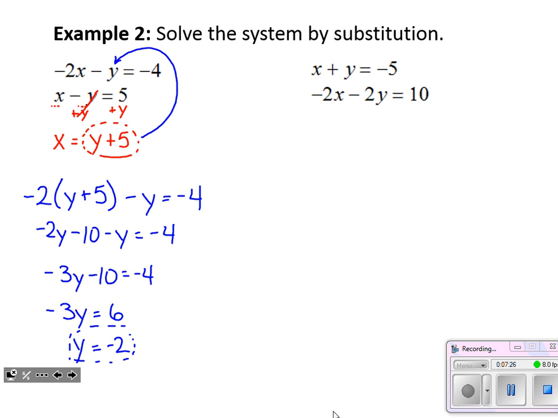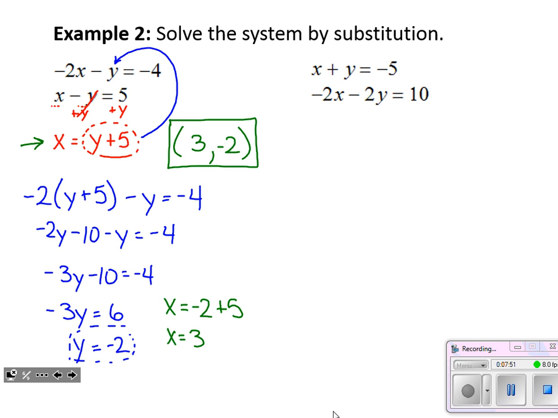All right, so I know that my answer is going to be something comma negative 2. I just need to find the x value. And thankfully, right up here, we have a nice little way of finding x. If I substitute in, now that I know y is negative 2, substitute in negative 2 into that little mini equation, I quickly find that x equals 3. So our solution is the point 3, negative 2. And if I wanted to check my work, all I need to do is plug in the 3 and the negative 2 for x and y, make sure it works in both equations up above. Usually that's pretty quick mental math.